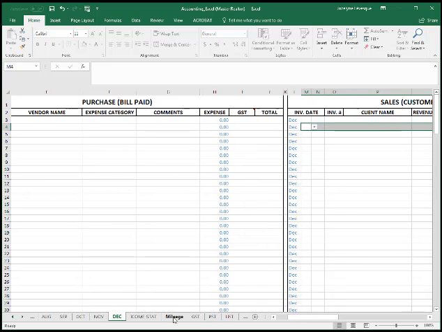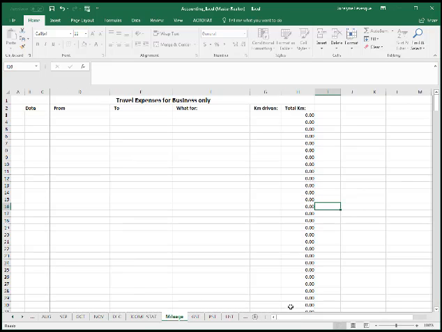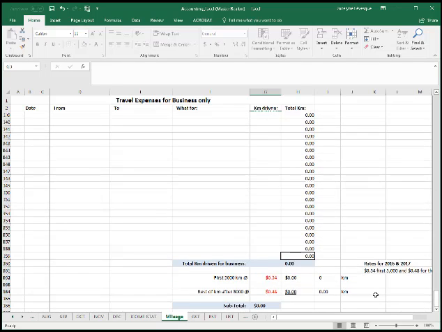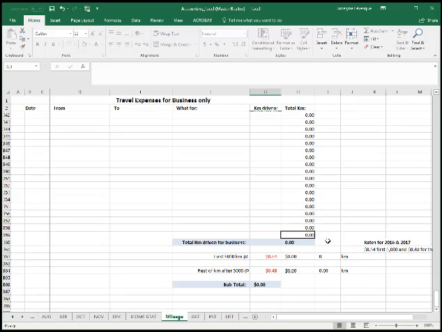I also added a tab for mileage. Instead of adding all your gas and all your repair and maintenance on your car insurance, if you decide that you just go with the mileage, you can put here all the dates, from and to, what it was for, meeting, and kilometers driven, and then it's adding up at the bottom. Depending on the law here in Canada, for the first 5,000 kilometers in 2016 and 17, it was 54 cents a kilometer. So let's say that I've been driving